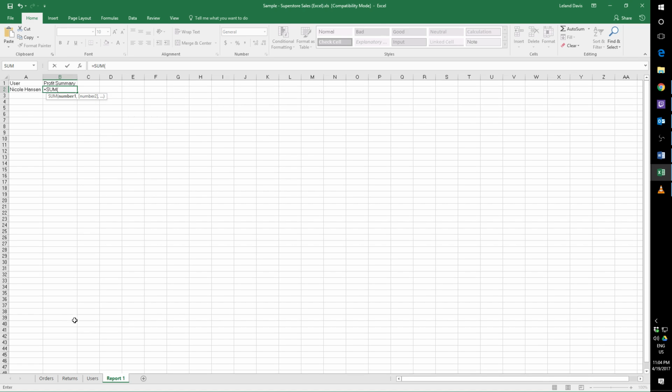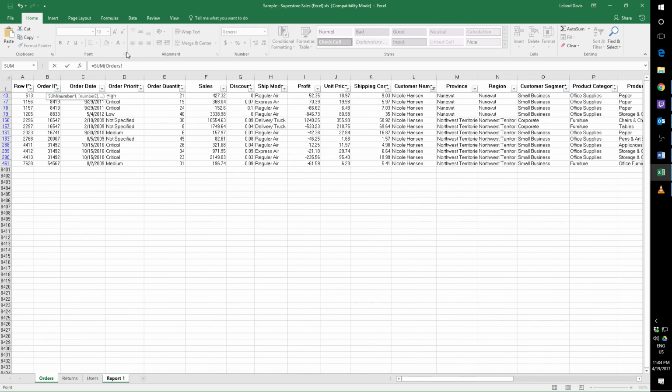and I'm going to go over to orders, and that equation you can see is actually still open there, and we're going to click on the first profit unit. And you see how it says sum orders exclamation point? What that's doing is it's telling Excel to go look in this sheet that's still within this workbook. It's telling it to go look outside of report 1. So the equation exists in report 1, but it's telling it to go look in orders, which is the name of the sheet. So whatever the name of the sheet, it could be returns, users, whatever. Whatever that is, it'll appear as the name of that sheet followed by an exclamation point, and then the number